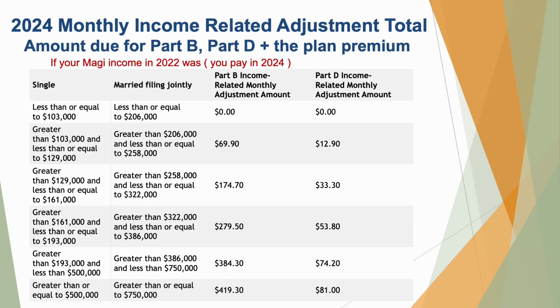So this is called IRMAA. It's income-related adjustment, and it's based on your tax return 2 years prior. So if you are a high-income earner, you may pay a surcharge on top of your Part B premium and on top of your Part D premium. If your income as married filing jointly is less than $206,000, you're going to pay the Part B premium of